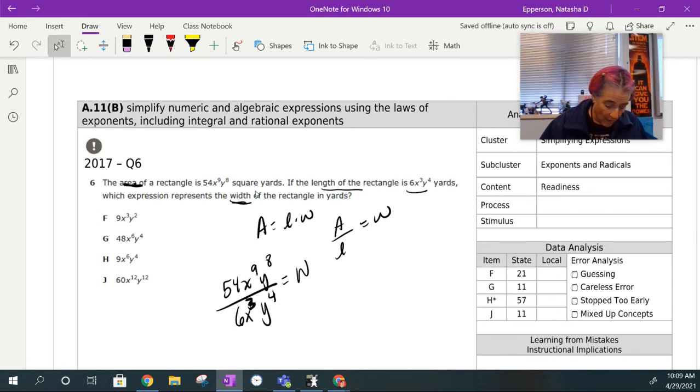So 54 divided by 6 gives us 9. So that eliminates G and J. Then I'm going to do 9 minus 3, because it's the quotient rule, gives me 6. So my